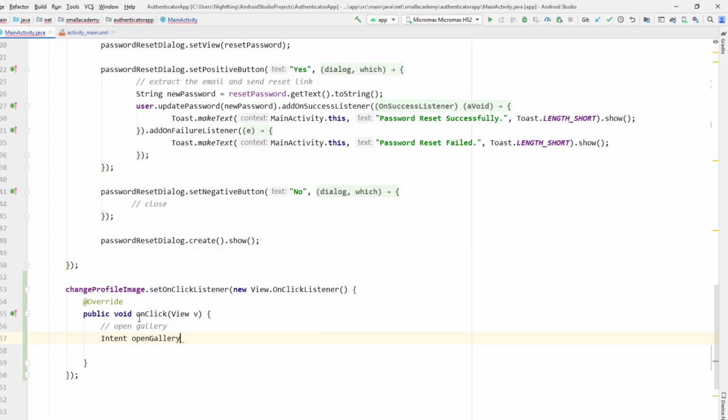open gallery intent, or you can just give some short name here. It's up to your preference. I just like to give a full description of the operation that I'm going to perform, so that I'll be able to understand this code whenever I check it after a month or two. Okay, so don't worry about the variable name. Let's create the new intent,